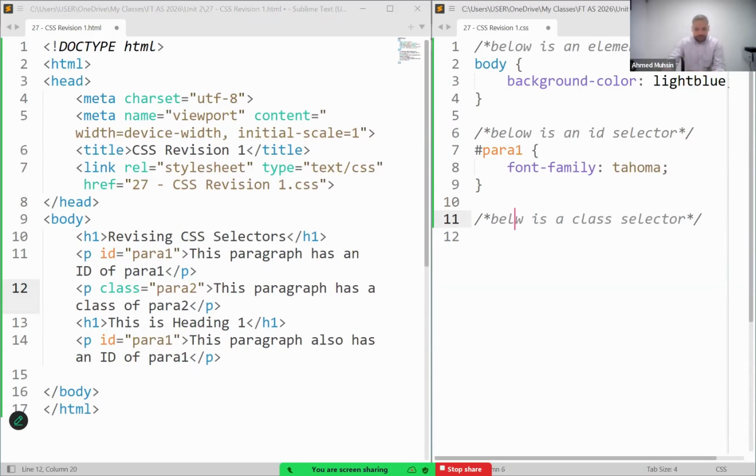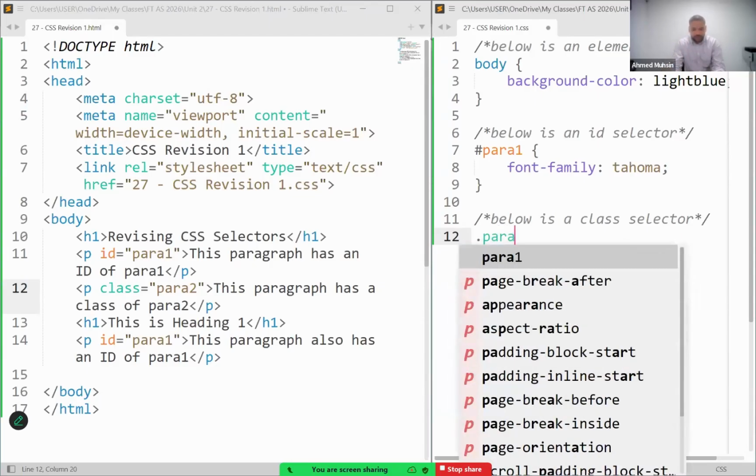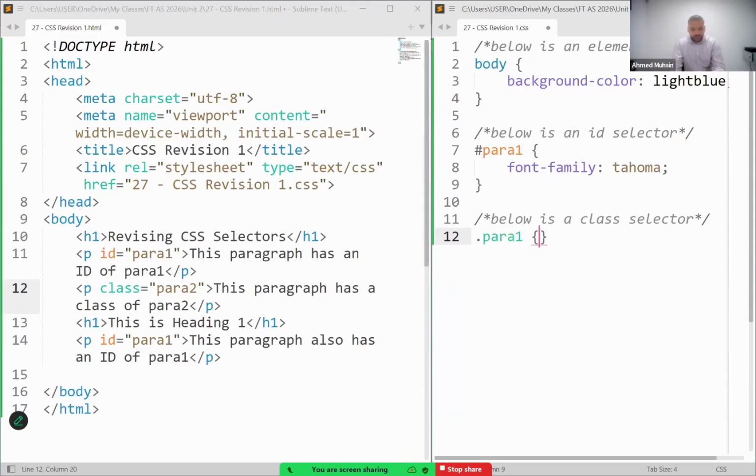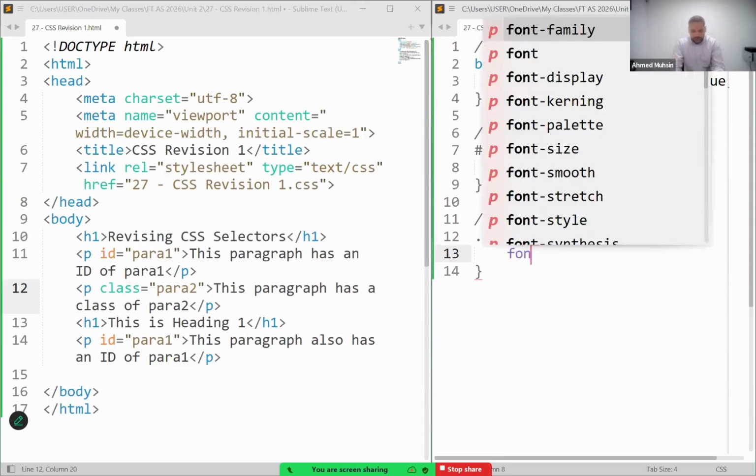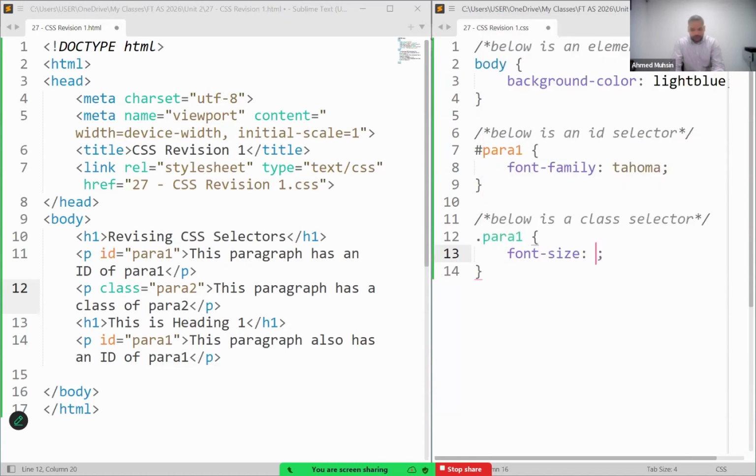And what am I going to mention over here? When you are referring to a class, you put a dot. You will say dot para2, sorry, dot para2. And what's the property, guys? I'm going to say font size. I want the font size to be, for example, 20 pixels. Now when I save my HTML file and my CSS file,